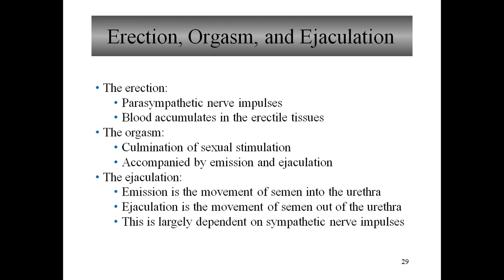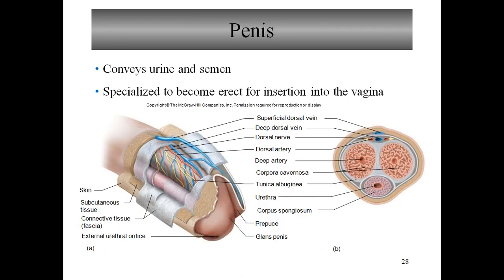An erection is produced by parasympathetic nerve impulses that cause the dilation of the arteries leading to the penis. At the same time, veins of the penis are compressed and blood accumulates in erectile tissue. So you know the erectile tissue, corpus cavernosum and corpus spongiosum, and the penis swells and elongates. So it is produced by the parasympathetic nerve. Corpora cavernosa and corpus spongiosum are the erectile tissues of the penis. They get dilated after the parasympathetic nerve stimulation.